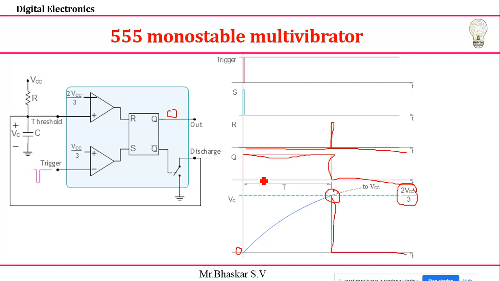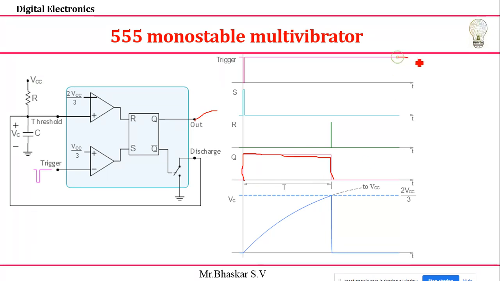In this way, our main intention is to generate one high pulse. Yes, we have generated one pulse from 0 to maximum. I can connect my output to some circuits and use it. Clear? This process will be repeated. It will maintain the same state and wait for the next trigger pulse. Once the trigger pulse arises again, the same process takes place. Until you get the trigger pulse, the output is maintained in the same state.